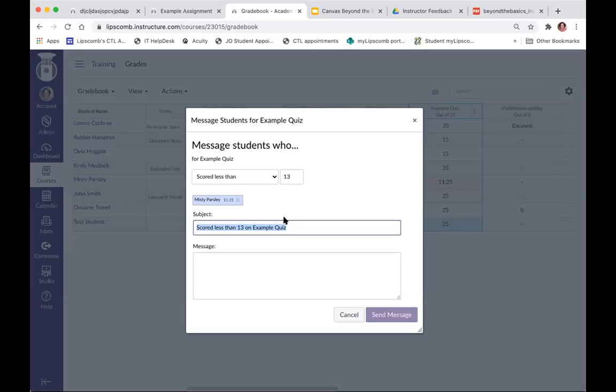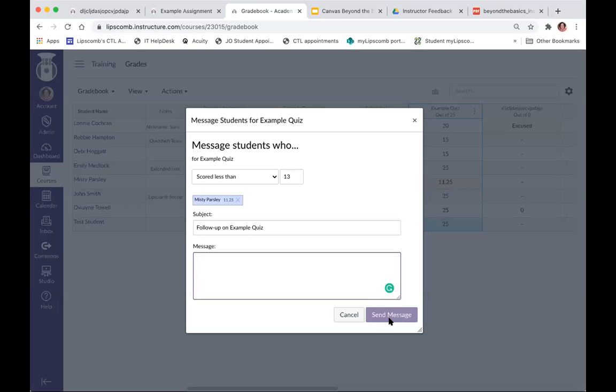I would simply say, follow up on such and such quiz, so I would change this to follow up on example quiz. And then I just type in the message and then send message, and it will send it through Canvas Mail